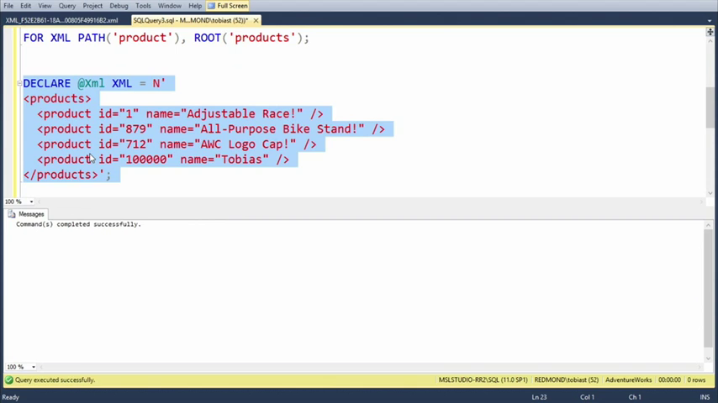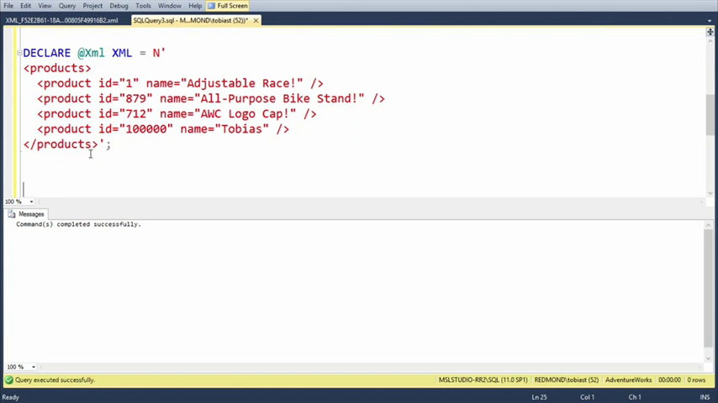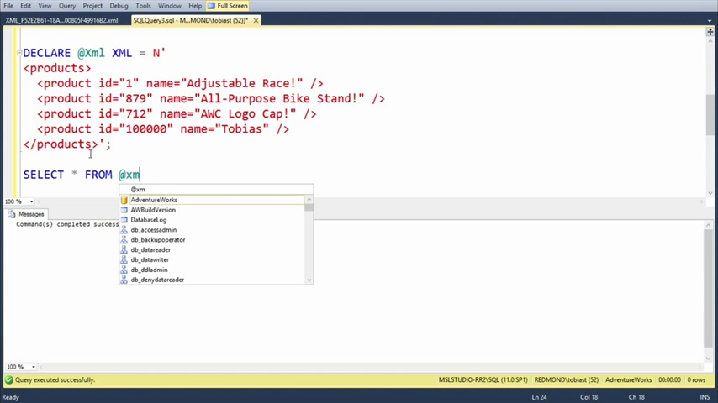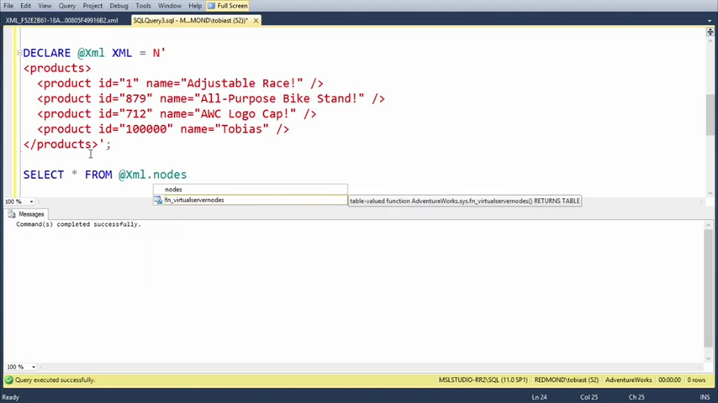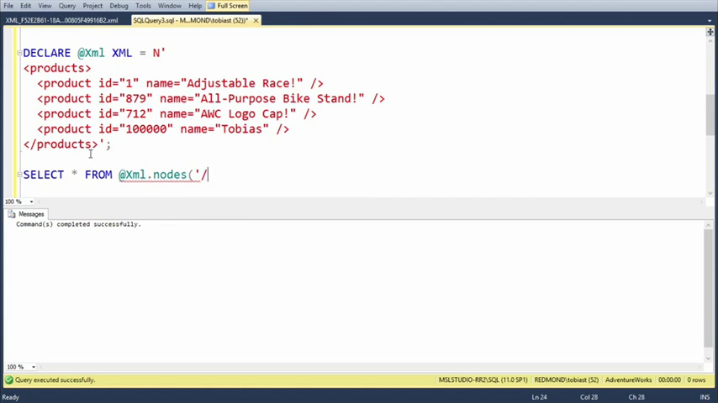So now I pass this string to the server, it parses it into an XML structure internally, and then I can go and query it. So now we're doing the reverse. Before, I generated XML from a result set, going from tabular to XML. Now I'm doing the reverse. So I'll do select star from my XML variable, and it has a few methods to it, and nodes is one of the interesting ones. So basically I say, hey, go and look for this